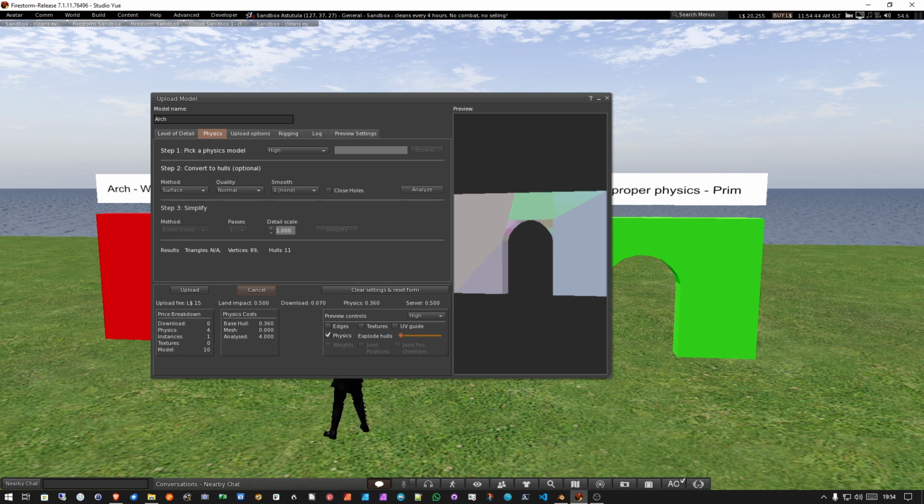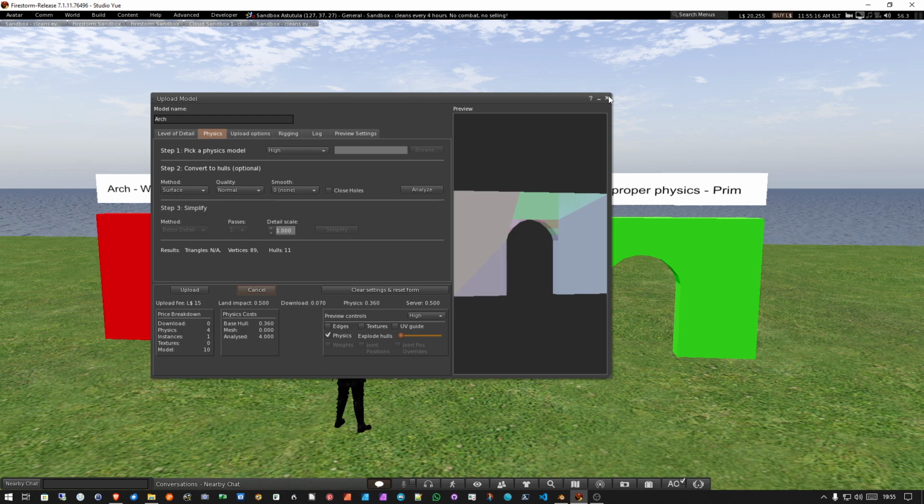It looks good, but the reason why I picked a piece of mesh with an arch in it, I'll show you in a minute, is that it doesn't work, even though it looks like it's going to work, because we can see through the hole. Second Life can't cope with this kind of complicated mesh. If it was a square hole, it probably would work. But why keep wasting your money when you can make your own physics really, really easily? So